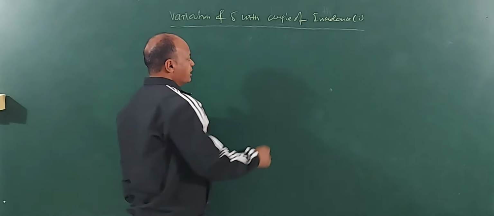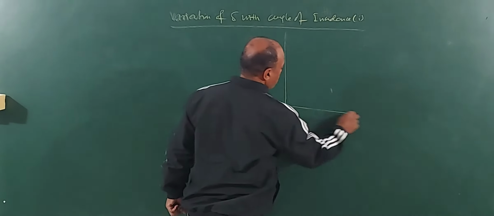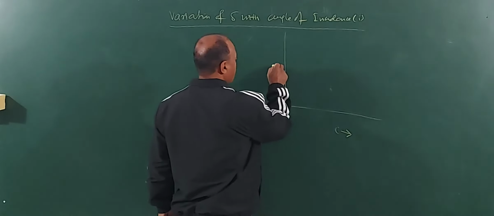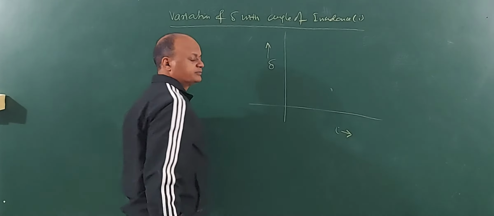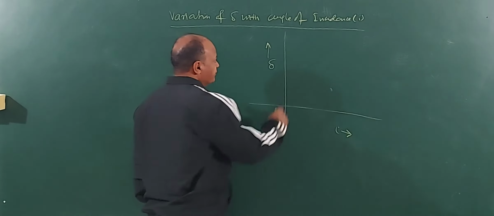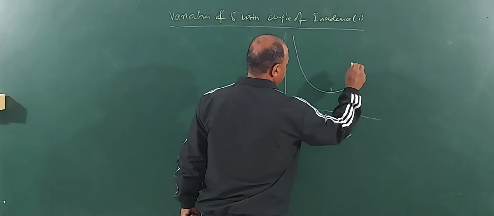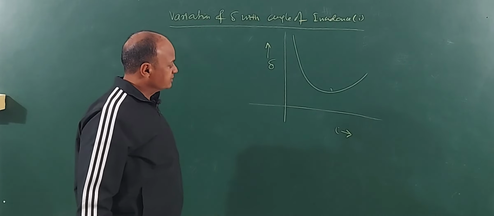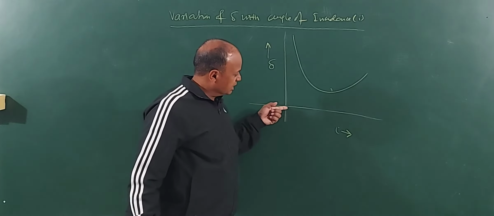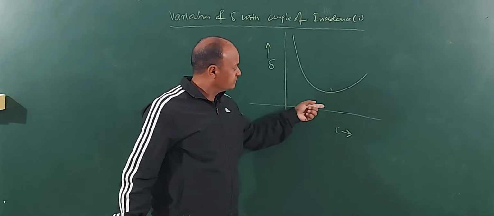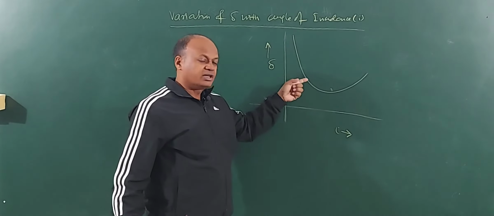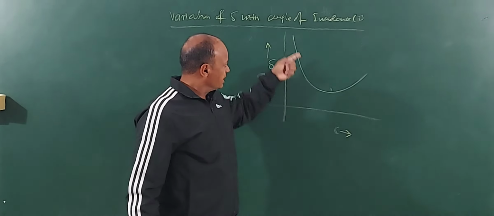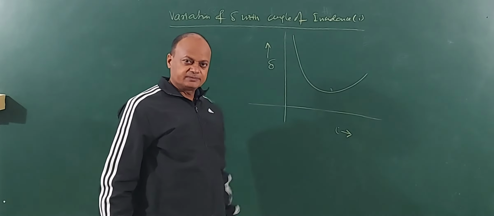Children, if you plot a graph between angle of incidence I and angle of deviation, what? Delta. Then you find a graph comes something like this. Now what does the graph tell us? As we increase the angle of incidence, then angular deviation goes on decreasing. See now, I am increasing angle of incidence, angular deviation goes on decreasing.